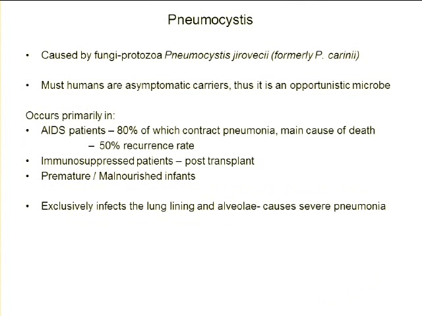It's very common in the hospital settings with AIDS patients. And I think Dr. Wong has a poster out over there by the pharmacy practice suite with some of her research and a patient case that describes a patient with Pneumocystis jirovecii. So you will see this next year on rotations. Most humans will be asymptomatic carriers of this, but it is an opportunistic microbe, and primarily AIDS. 80% of the AIDS patients with it will contract pneumonia, and that's a main cause of death by way of this organism. It does have a 50% recurrence rate in these patients.